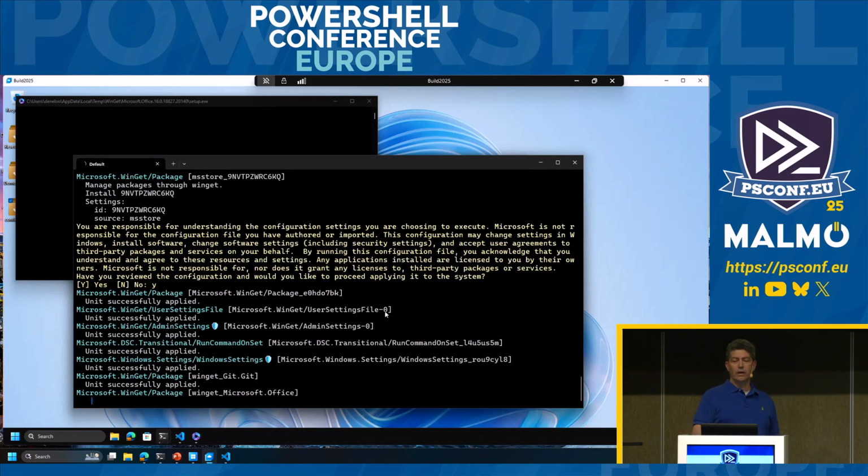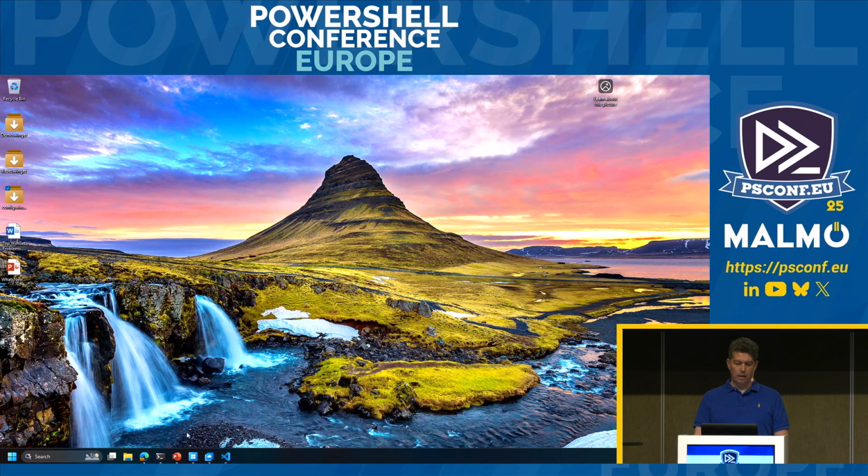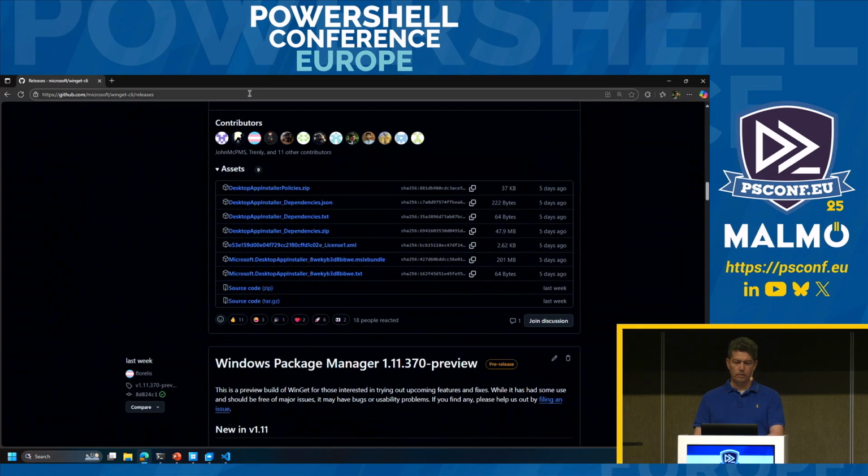So the goal right now is this export grabs everything. You can clean it up by hand. But I think we're going to start looking at some tooling, and I actually put a request in our DSC repository to be able to say, hey, I want some kind of a UI experience to be able to build and edit configuration files. So I'm going to let that keep running. And I'm going to pull up our samples.